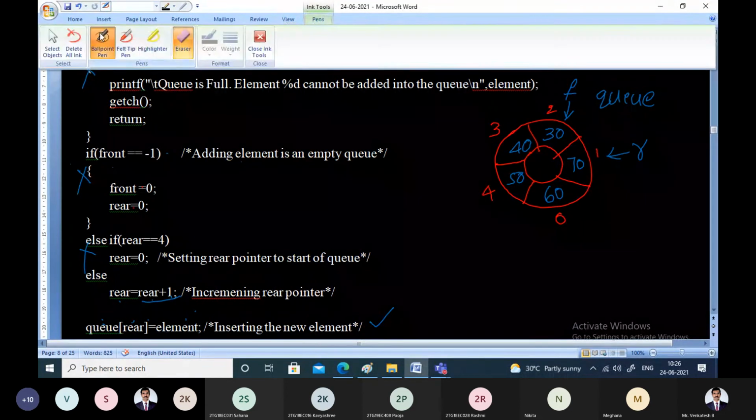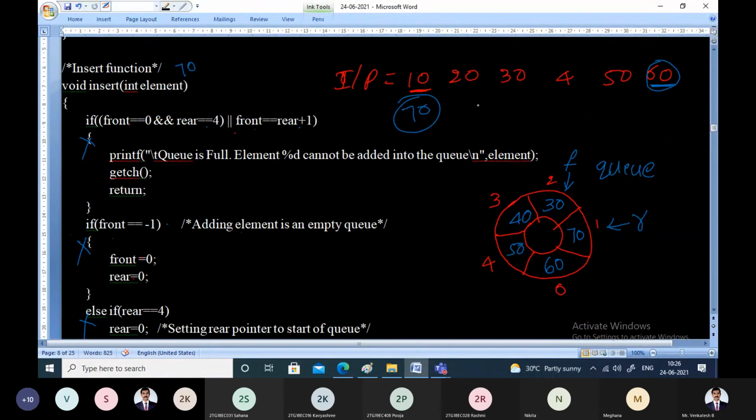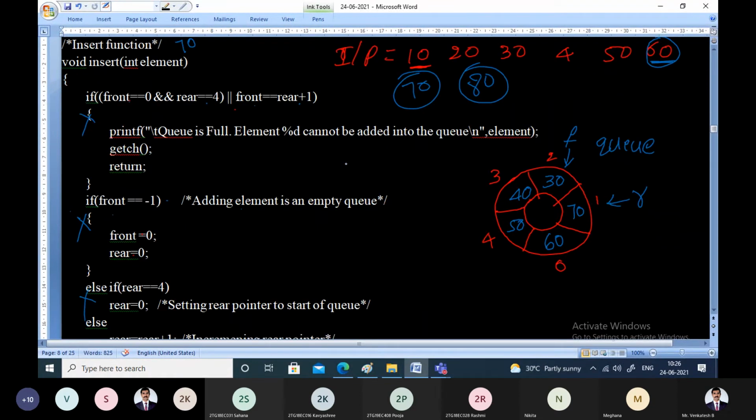Now we have come across some scenario. So let us try to insert one more element now, 80. When you want to insert 80, check this very first condition. Is front equal to 0 and rear equal to 4? No, these two conditions are not true. Or part, either this must be true or this must be true.